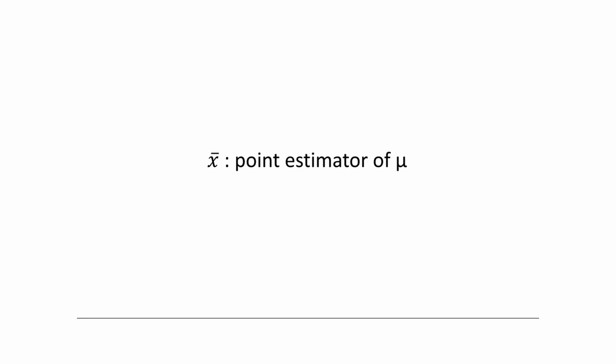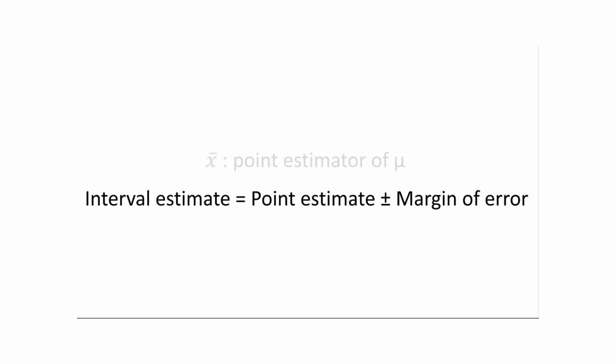In chapter 7, we used the sample mean x bar as a point estimator for the population mean mu. We also pointed out that the mean from any one sample cannot be expected to provide the exact value of the population parameter. Because of that, we compute an interval estimate equal to the point estimate plus or minus the margin of error. The interval estimate provides information about how close the point estimate provided by the sample is to the value of